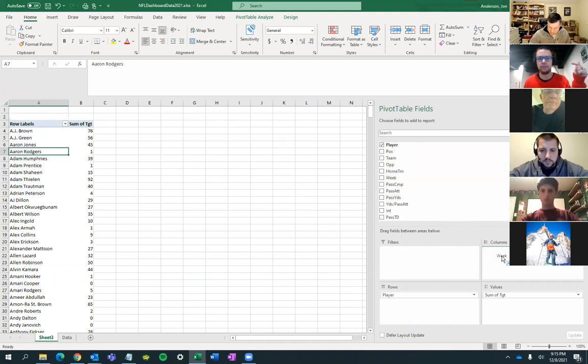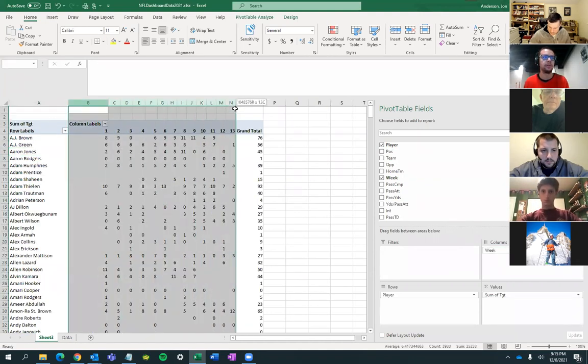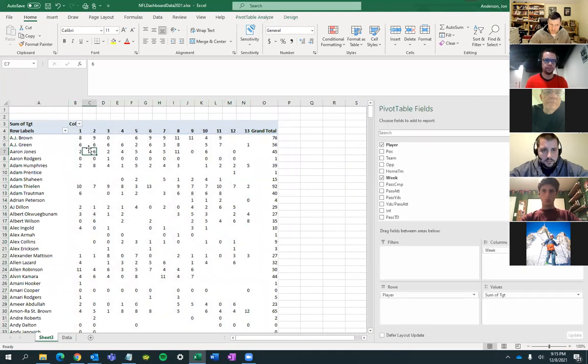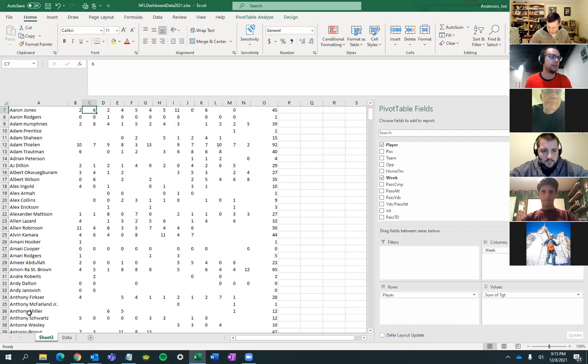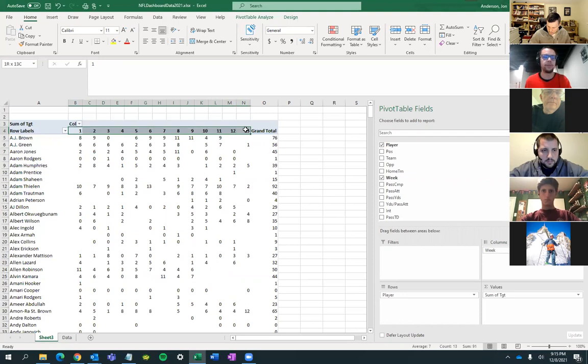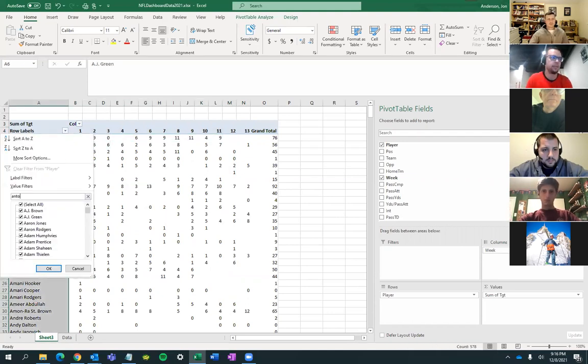So this is the NFL week number, going into the columns. That divides them, that splits the targets up into those 13 rows. So it says, okay, there are 13 rows with Antonio Gibson's name on them, and there were 13 different values in the week column there. So let me put those across the top and the names running down, and we'll show all the targets that way. So what you're seeing now, and let's just keep using that same example,